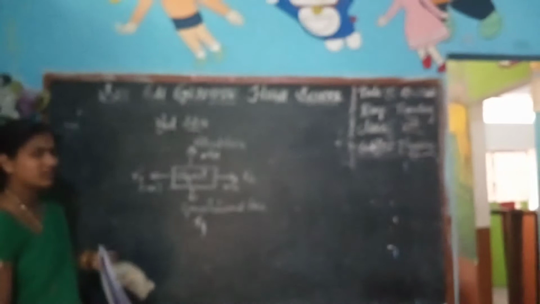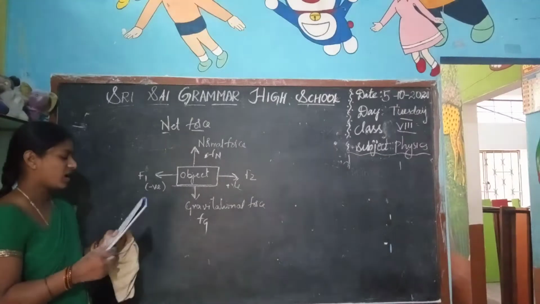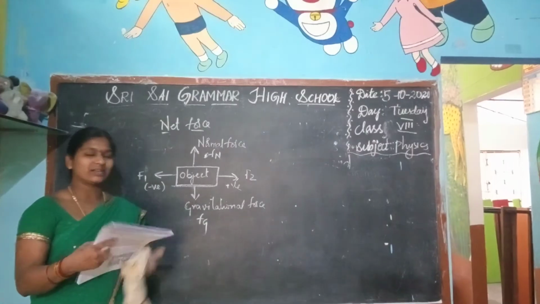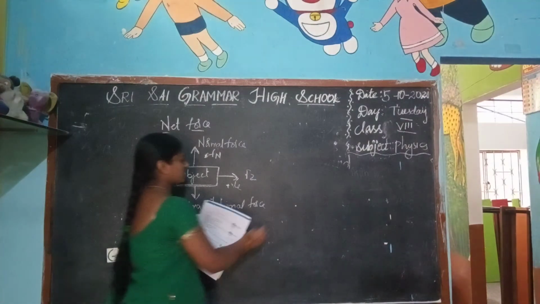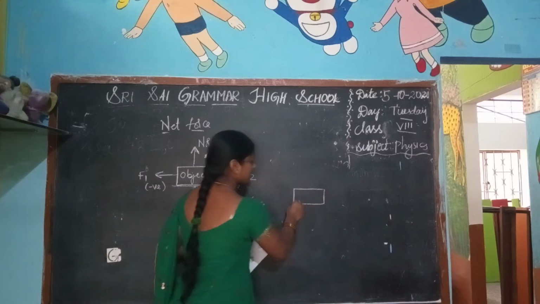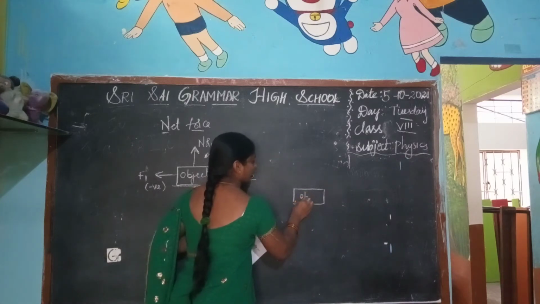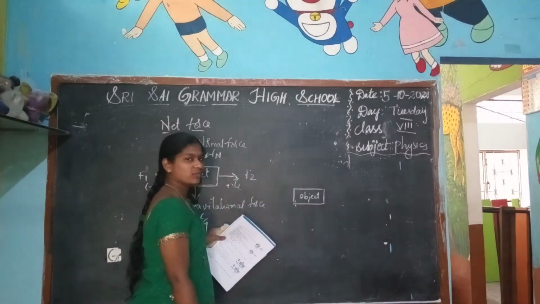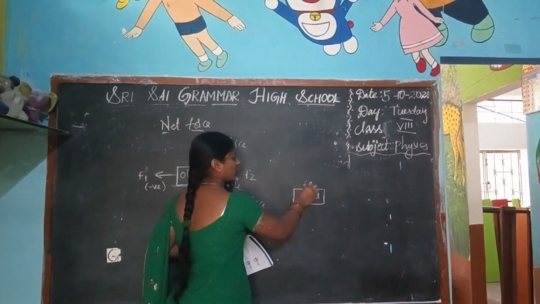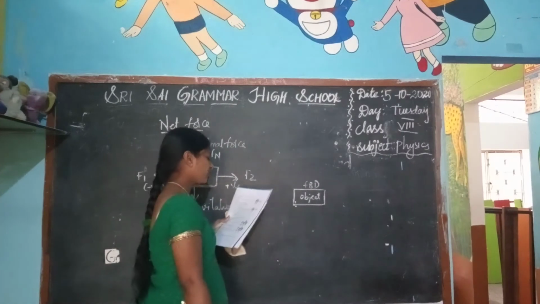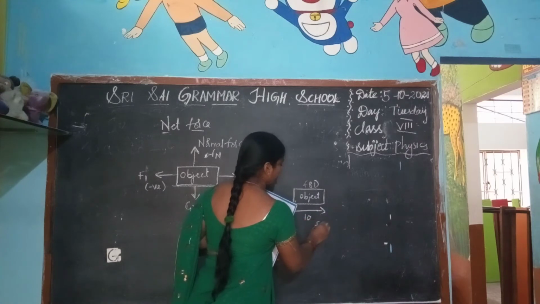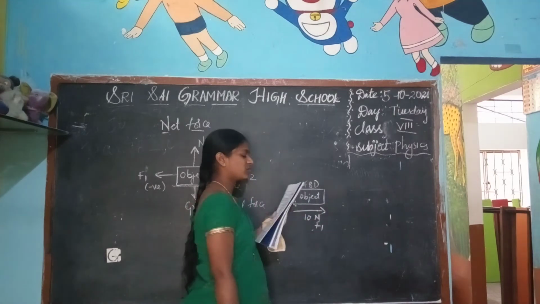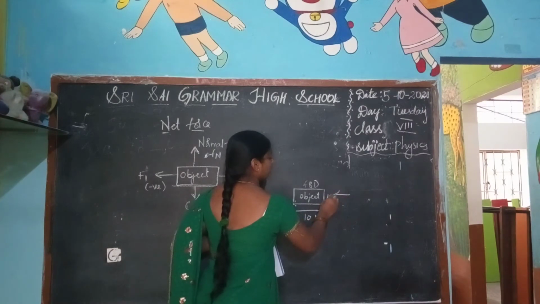To solve some problems on free body diagrams. Observe the given diagram and calculate the net force acting. How many forces are acting? For example, this is a body, a free body. It is an object, but you think of it as a free body in a free body diagram. How many forces are given? F1 is 10 newtons, and this is 10 newtons, that is F2.